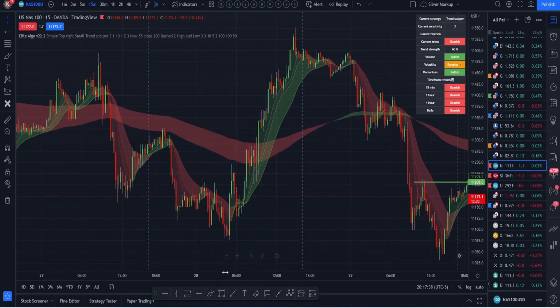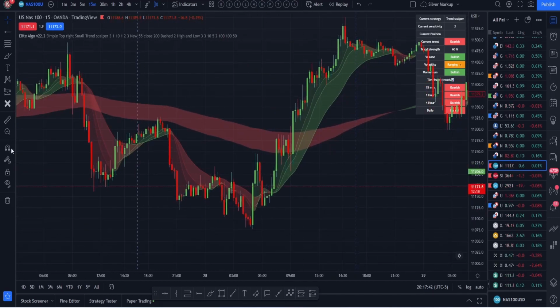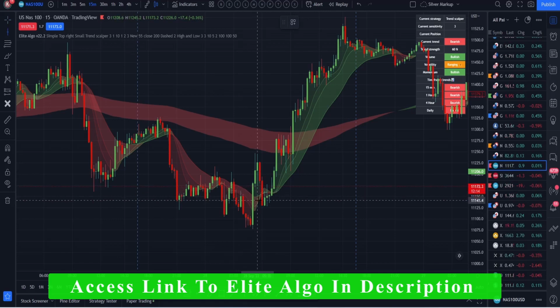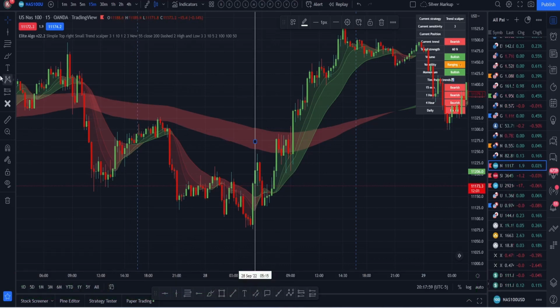So here was a trend change or a momentum change. I'm going to call it a trend. But you see here, right where they all went green, right about here, on the close of this candle, there was a trend change. Now this is NAS. I wouldn't really trade based off of the 15-minute on NAS in my personal trading, but